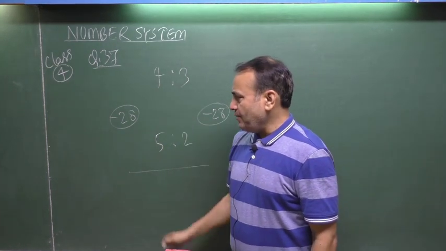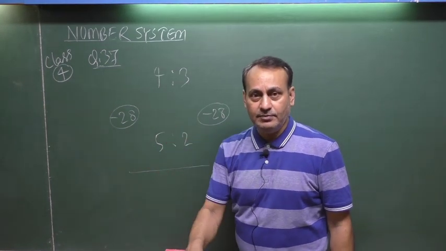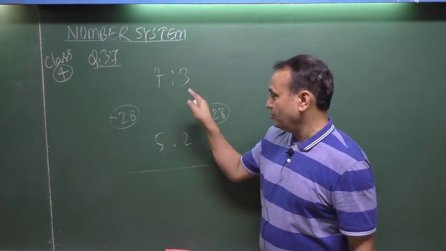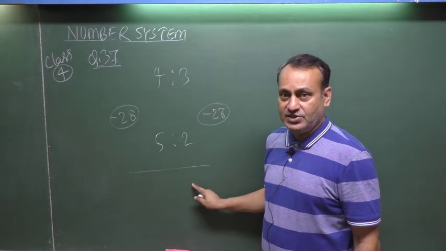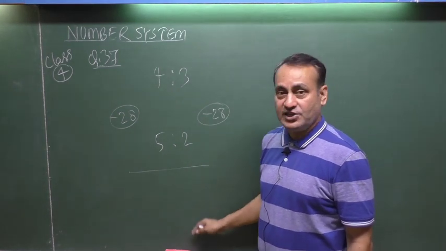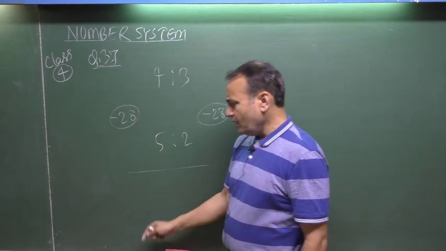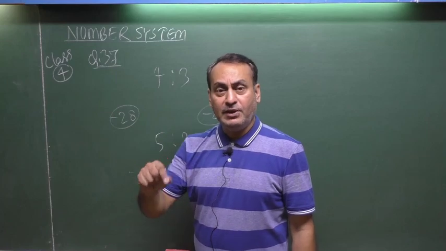Since the same number has been taken out, here the decrement must be the same. But see here, 4 to 5 is a 1 unit increment, 3 to 2 is a 1 unit decrement. That means here is +1, here is -1. That means the trick doesn't apply here. See here, the trick doesn't apply here, but according to the language, the trick must be applied here.